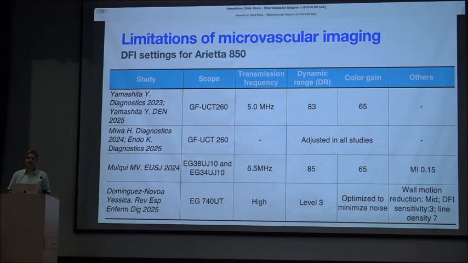The limitations are that this modality has been tried on different scopes. These are Olympus scopes, these are Pentax scopes, which have been used in France by Mulki, and this is EG740 UT. We use the Fujifilm platform with this. So the transmission frequency, the dynamic range, the color gain, the wall motion, sensitivity, line density, there are so many parameters that are operator based, as they should be, so it is difficult to compare the sensitivity and other parameters between studies